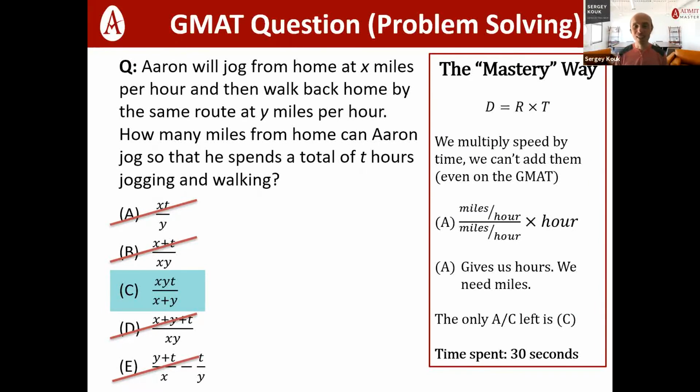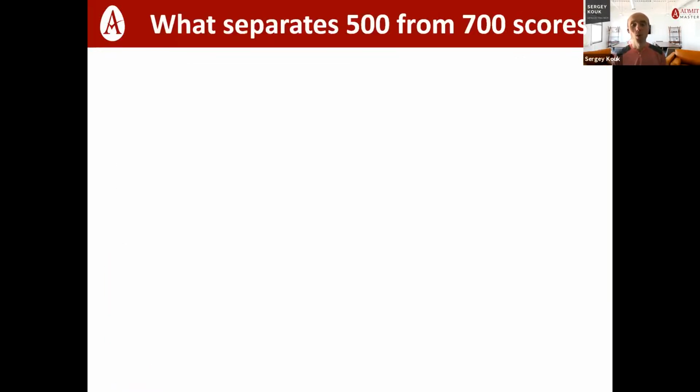Now, this requires a little bit of a different mindset when we are approaching this sort of question. And that really brings us to an important point: what really separates people who get low scores on the GMAT, let's say 500 or a below-average score, from somebody who gets very high scores, such as maybe 700? And in order to answer this question, I'd actually like to use a quote from the GMAT,